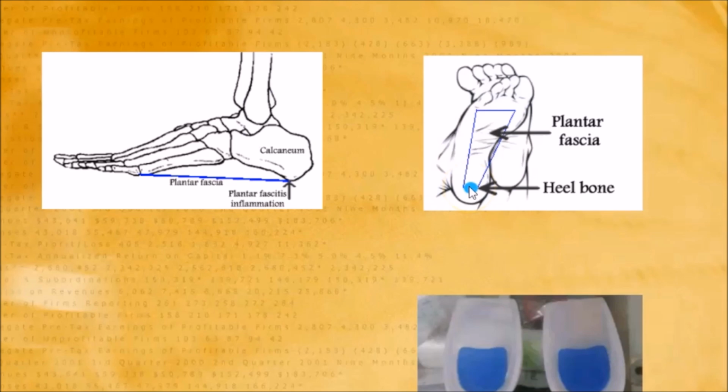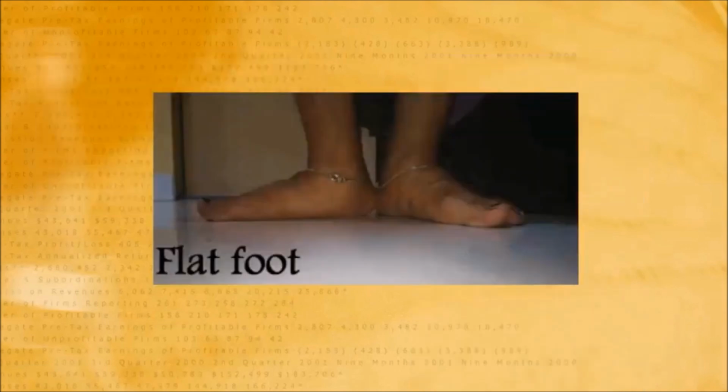Now all these conditions, synovitis, enthesitis, and dactylitis, all of them, if they are present, it means that ankylosing spondylitis is active. You should be consulting your rheumatologist and discuss about better control of your ankylosing spondylitis. As far as plantar fasciitis is concerned, symptomatic relief can also be achieved with the help of silicone heel cup. This is a soft cushion like heel cup which can be kept in the shoes or in the footwear to achieve better symptomatic relief of the pain.